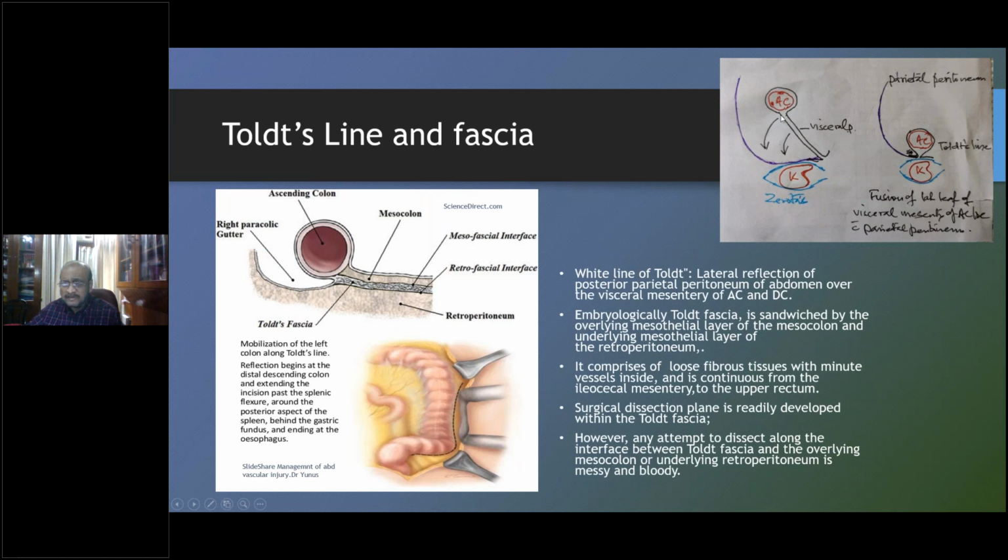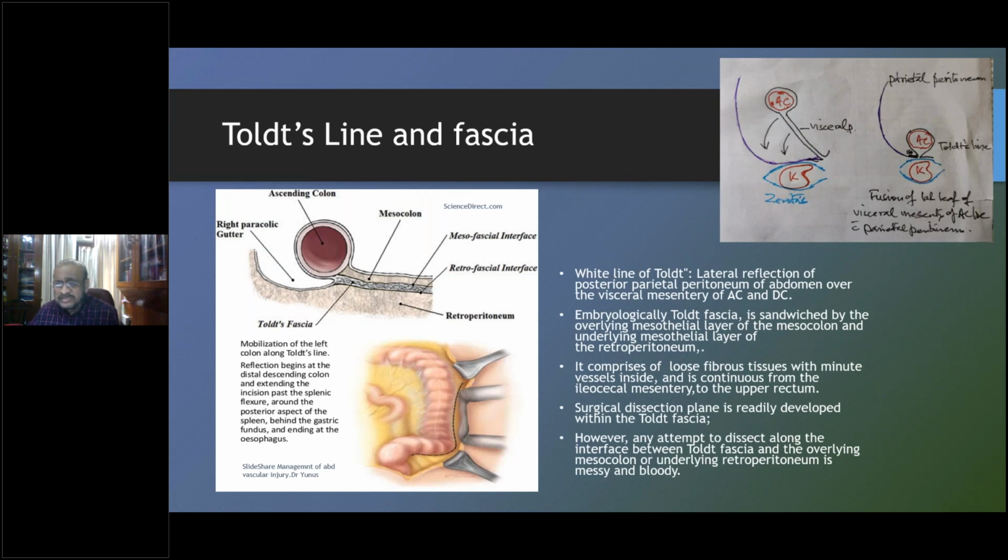This is basically a developmental figure, just to make you understand. This is the time, if you remember, when we were talking about the 3 stages of rotation of the bowel, we said the last stage is a fixation of the bowel, fixation of parts of the bowel, and that is when the ascending colon and descending colon become partly retroperitoneal. They lose their mesentery. Now, before that, the ascending colon has a mesentery. Now, what happens? Why does it lose its mesentery?